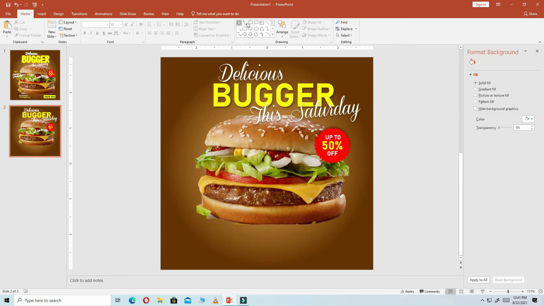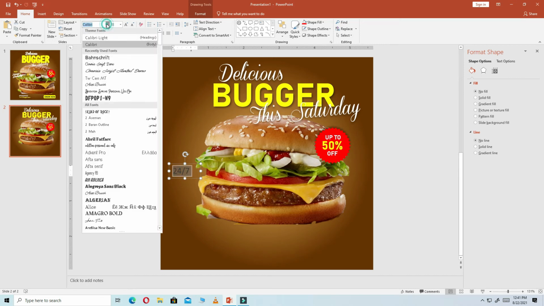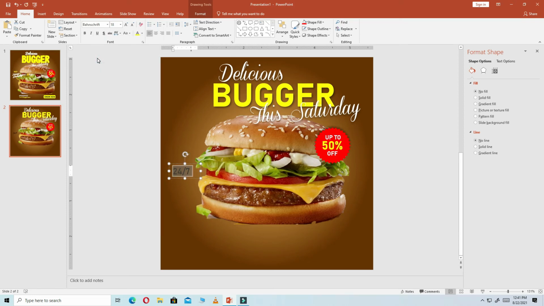So I'll come here to Insert, text box, and then I'm going to select here, then I will type the word 24/7, select it, then we use our font. If you have realized I'm using only 2 fonts, you don't need to use a lot of fonts. So select that one,